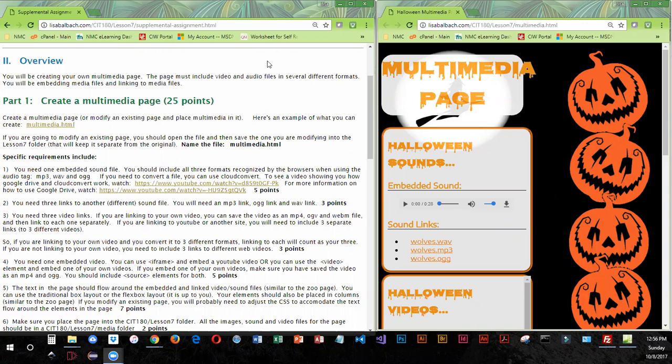So basically the same stuff you had to do in the textbook assignment zoo page, you need to do in multimedia. So I've created an example for you, and we're just going to go through the requirements. Now, how I created this, I actually started with the zoo page. So you might want to open up the zoo page, save it as multimedia, and then customize it for this